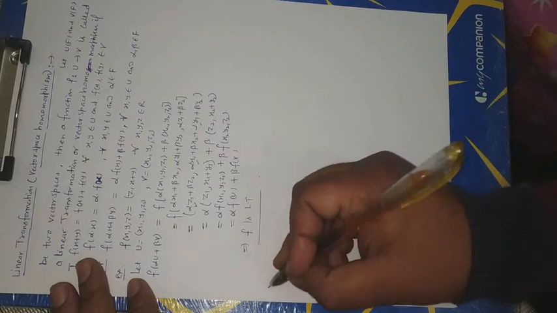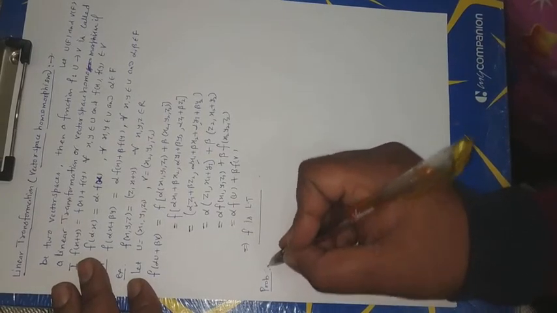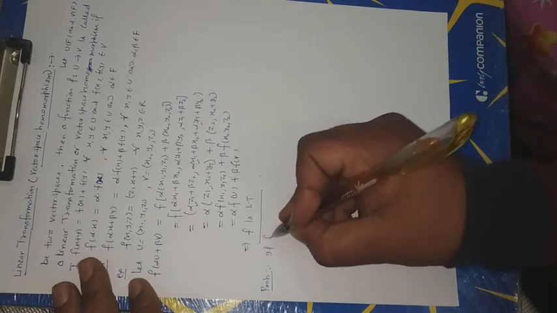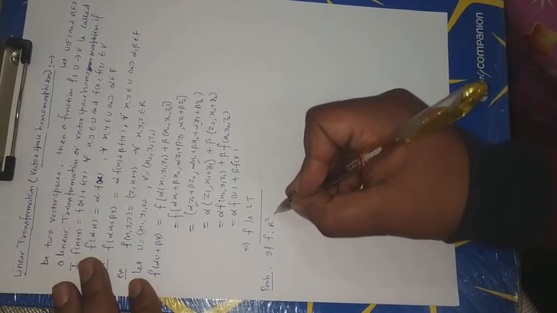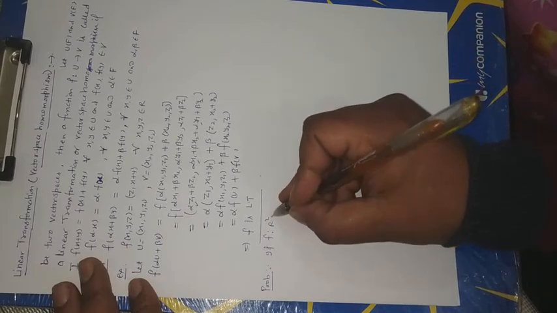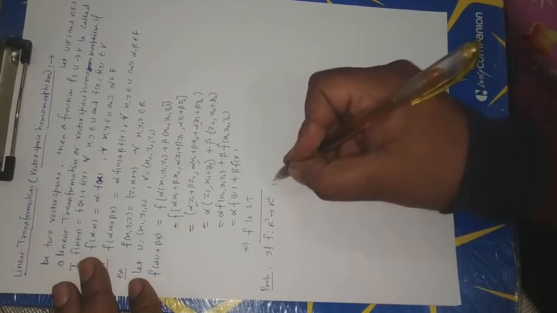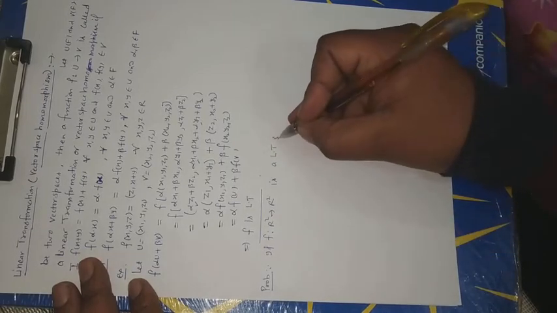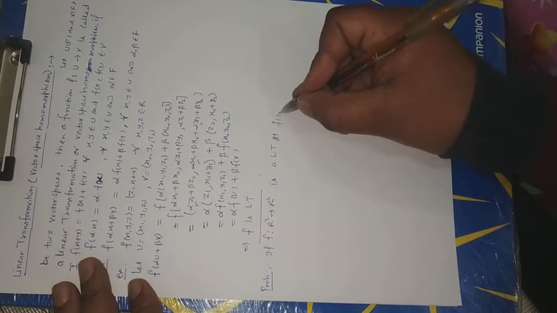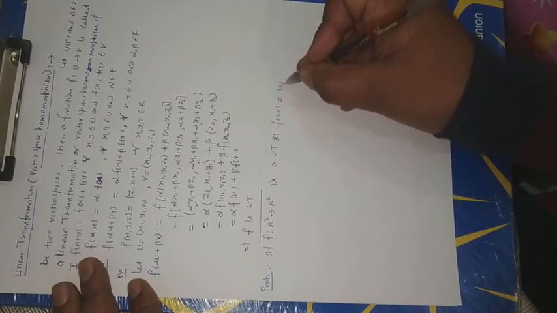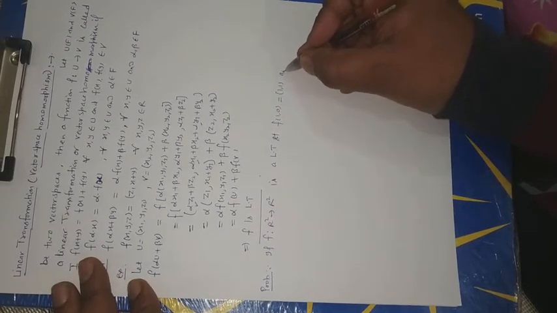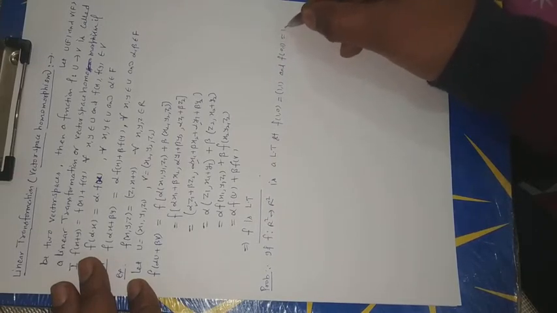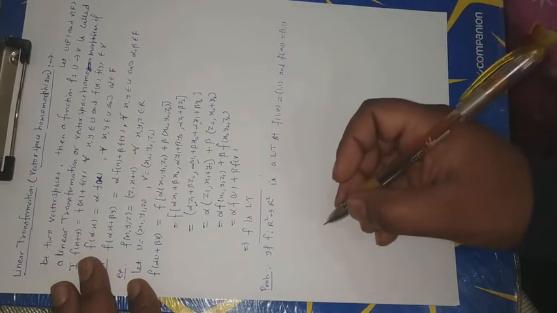Now the problem is: if f from R square to R square is a linear transformation such that f(1, 0) is equal to (1, 1) and f(0, 1) equal to (minus 1, 2),